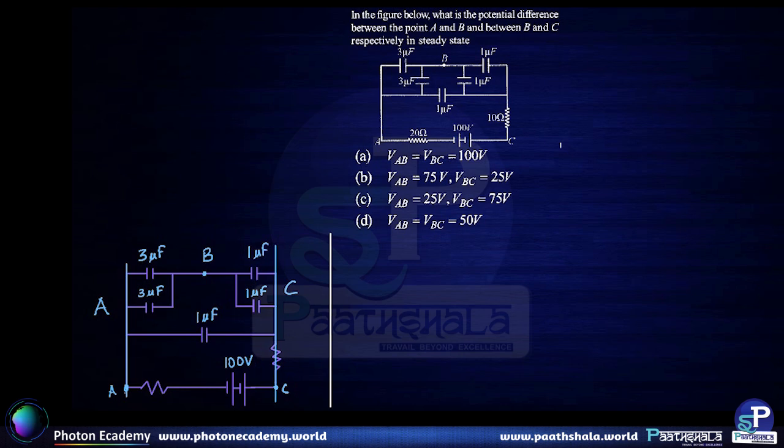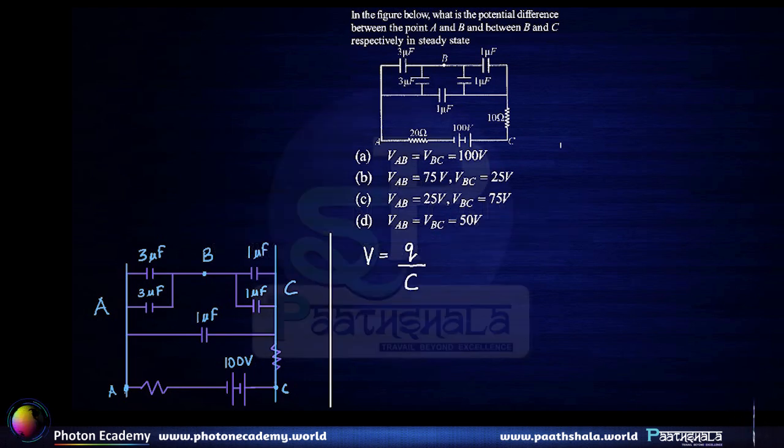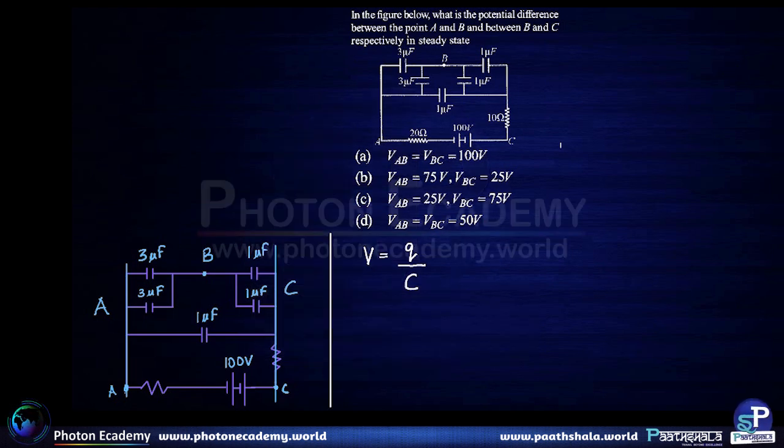So now, what is the potential difference between A and B and between B and C? On a capacitor, the potential difference is equal to the charge stored on the capacitor divided by the value of the capacitance. Since both the capacitors, this entire thing acting as a single capacitor and this entire thing acting as a single capacitor, are in series with each other, the amount of charge developed on both of them is the same, and therefore the potential difference across them will be inversely proportional to their capacitances, which is to say